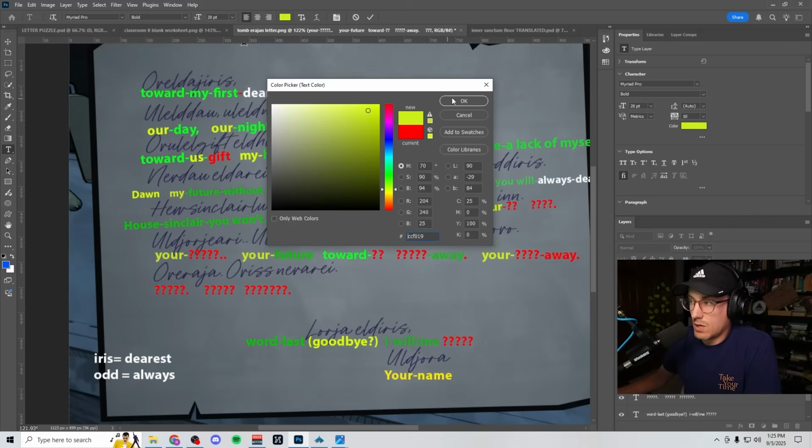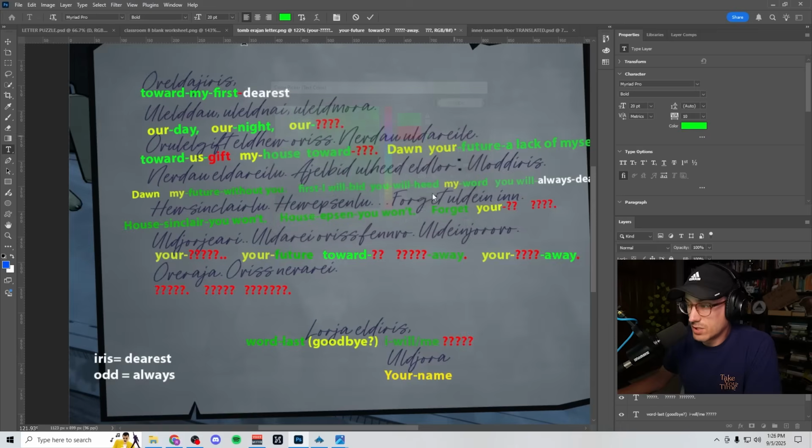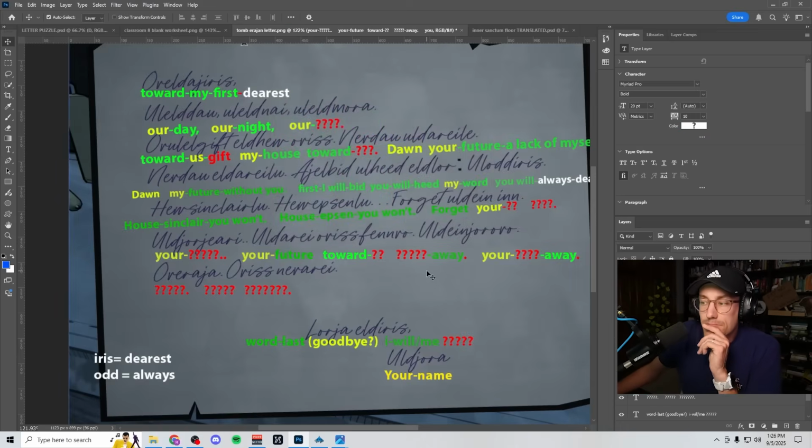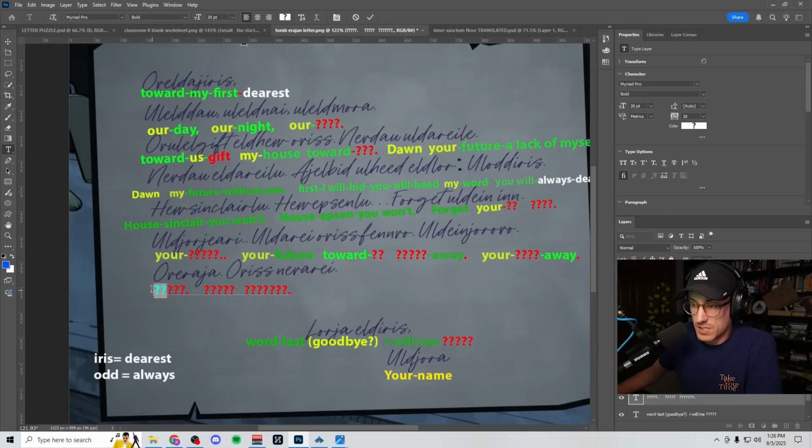Your being yellow, away being green. Direct translation. Okay, then we end with towards. This is towards, last letter of the thing. Towards